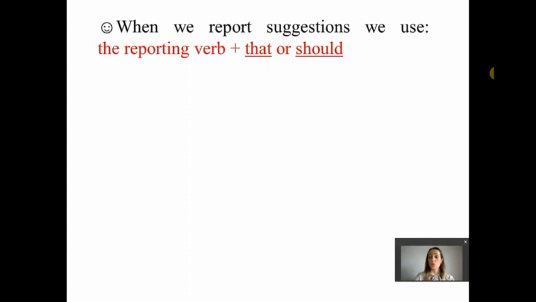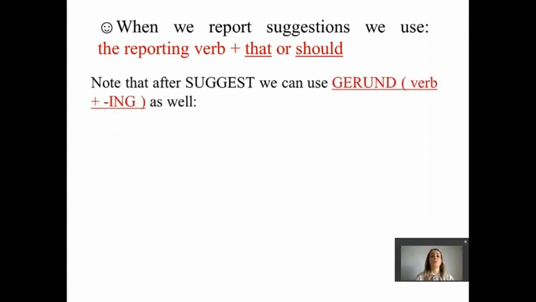When we want to report suggestions, we use the reporting verb plus that, or we can use the modal verb should. Pay attention that after suggest, we can use a gerund as well, verb plus ing.